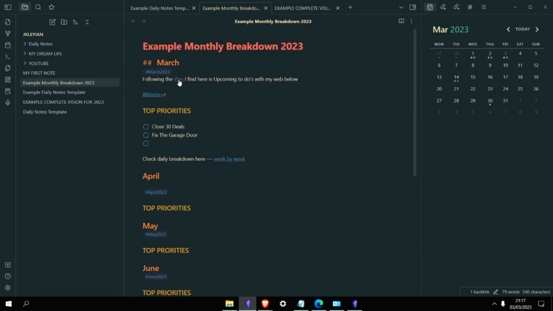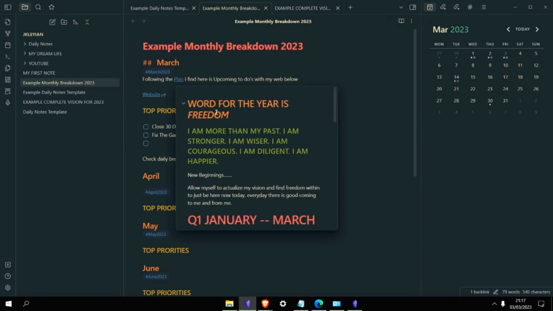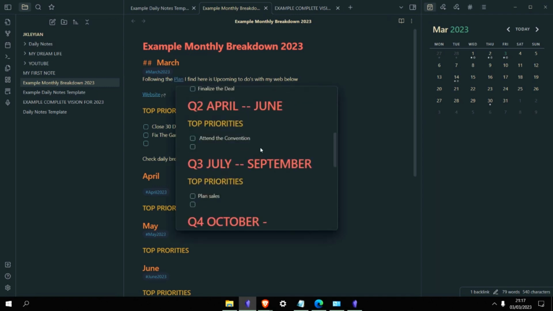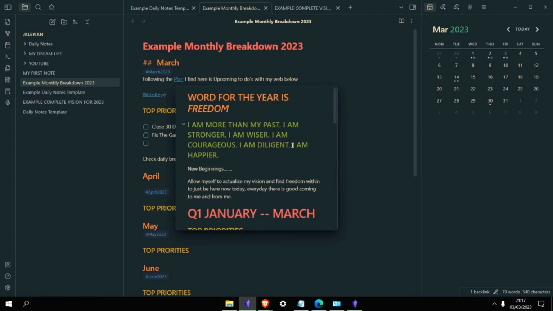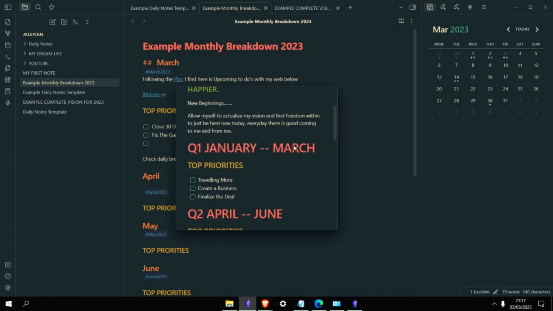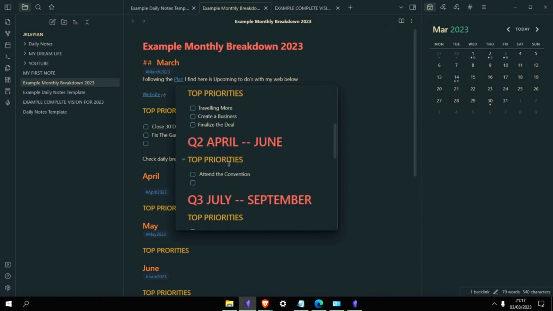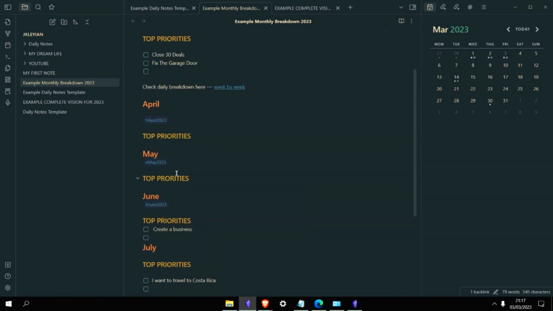If I press control on the plan, it will link to the full quarters breakdown, and that way I can easily refer to this and go, oh well, in Q2 this is the main priorities I want to do. And if I go to monthly breakdown in April, top priorities, then I can press control L